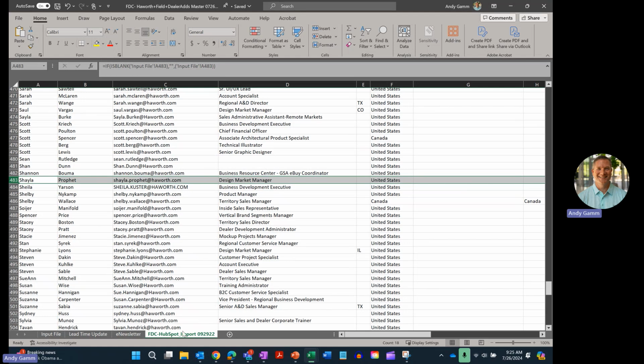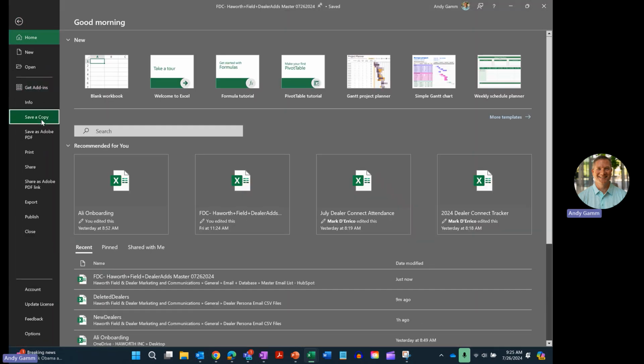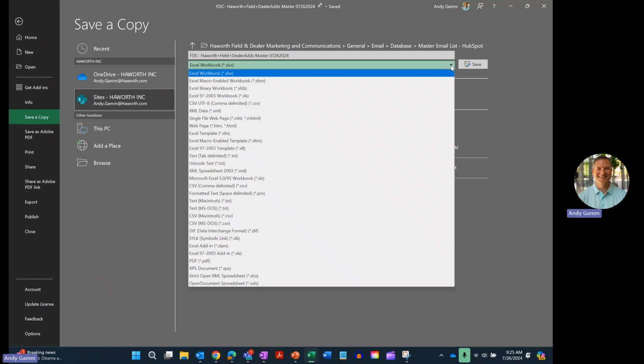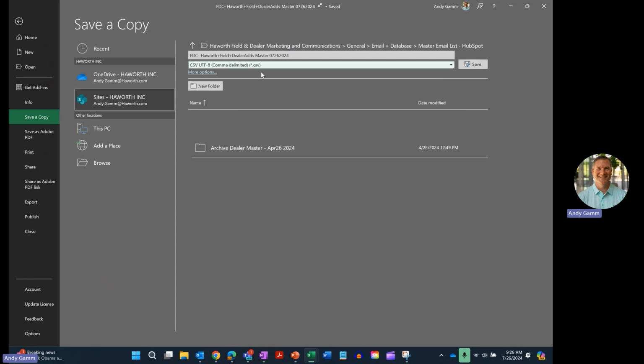So once you're over here, again, you're in this tab, you're going to go to File, Save a Copy. You can keep the name the same. When you save the copy, you need to go over here to the file type and change it to CSV UTF-8 or a .csv file. So don't just hit save, because that's going to actually throw it in our team site, which is a little harder to upload. So then my next step is I go to Browse